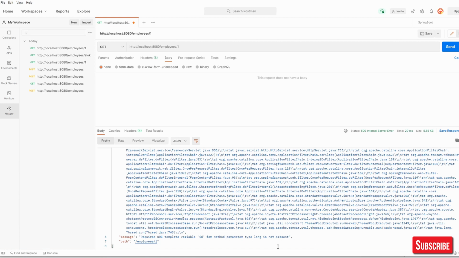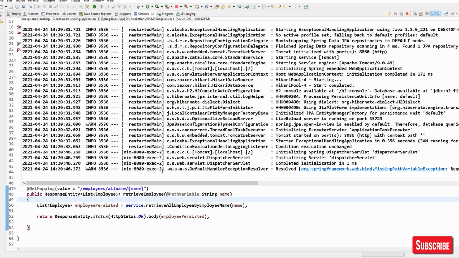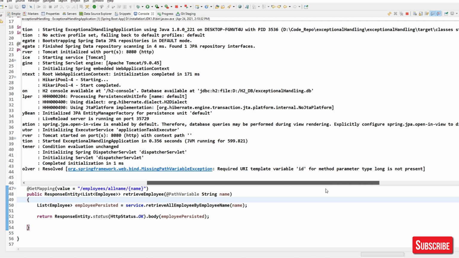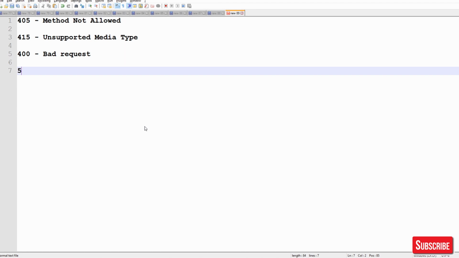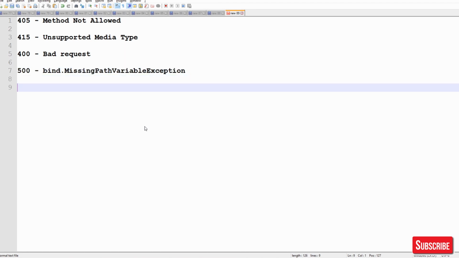Basically it is complaining about a missing path variable exception. So, 500 error because the path variable name has different naming.